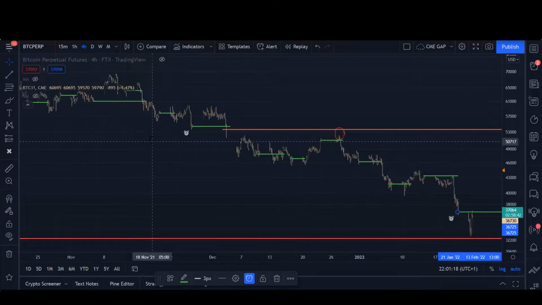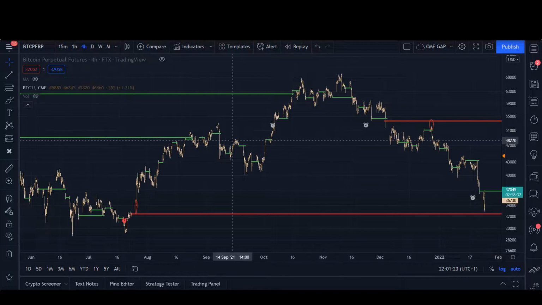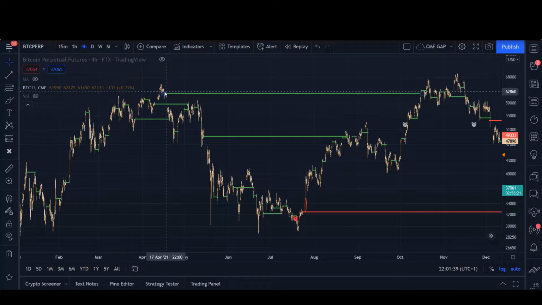If you zoom out a little bit, here's the 4 hour. Here you can quickly see the short green lines actually indicate that gaps were immediately filled, mostly the week after, sometimes the second week after, and sometimes it takes quite a while. After the first all-time high there was a gap here, and it took until the second touch of the all-time high, the new all-time high here, before this gap was closed. And sometimes it takes quite a few weeks and even a few months.